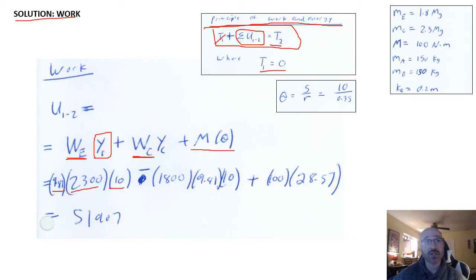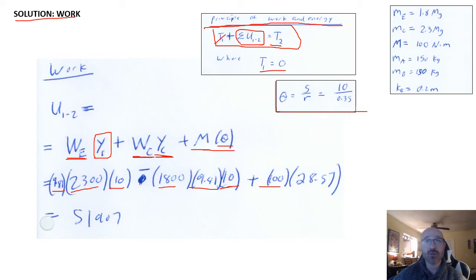Our work of the counterweight is the mass times acceleration due to gravity times our distance, our y sub C, which is going to still be that same. It's all connected by that cable that's moving that same distance of 10, so we can plug that in there. Plus, given our moment here is 100 newton meters, and our theta we just solved for above